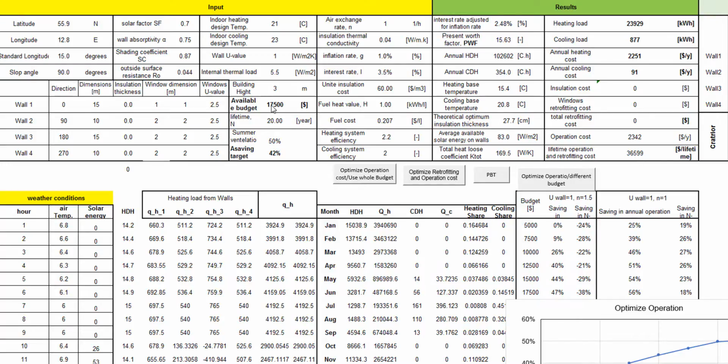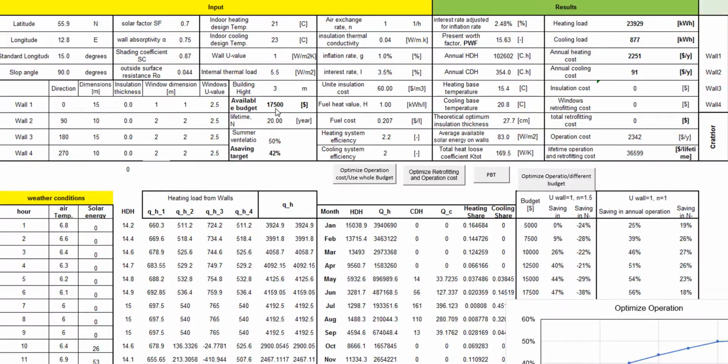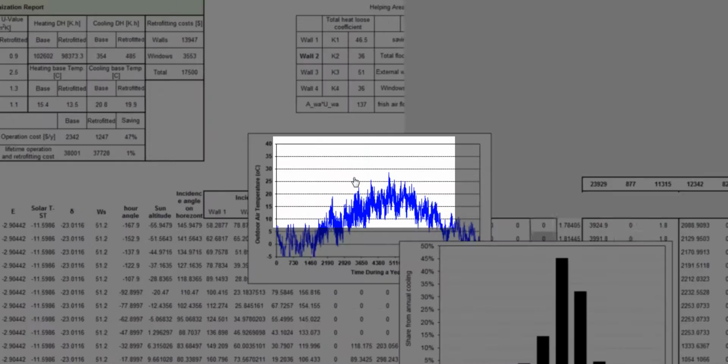Now I can specify the available budget. Assume, for example, in this example I show here, I need to spend $17,500 to retrofit my building. What is the optimal use? How much should I spend on windows and how much should I spend on walls? Just by, as I mentioned, putting in the available budget and pressing this button,